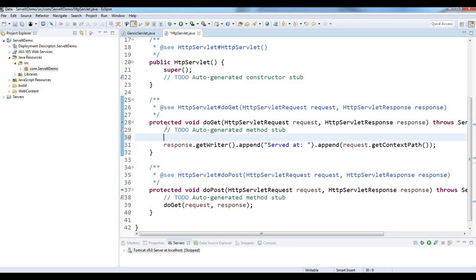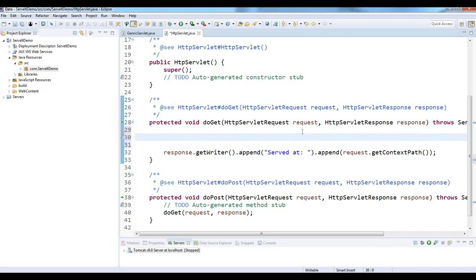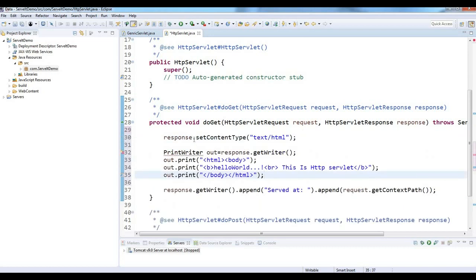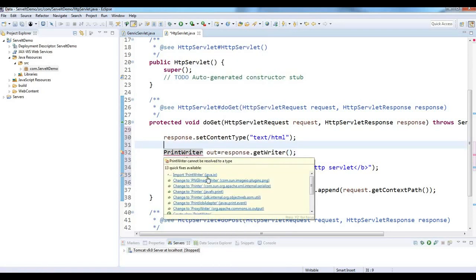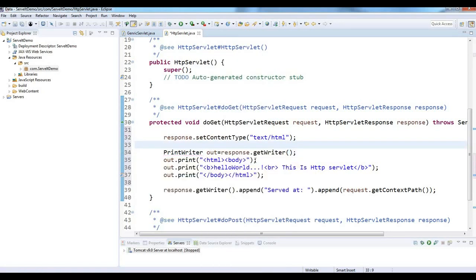Let's write some sample code in the doGet method. Clearing this one and pasting some code. response.setContentType equal to text/html. PrintWriter, that means we need to import PrintWriter. Import PrintWriter from the java.io package.